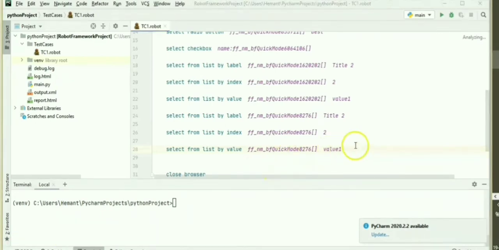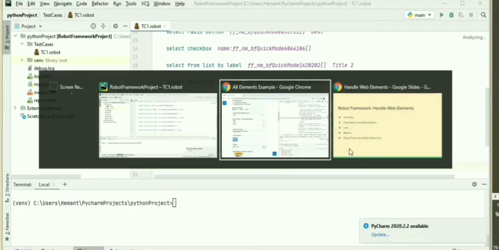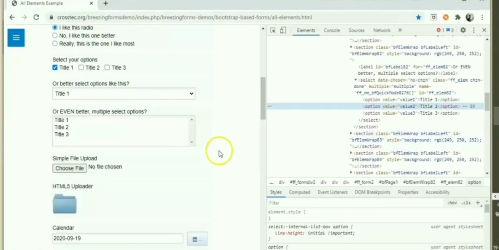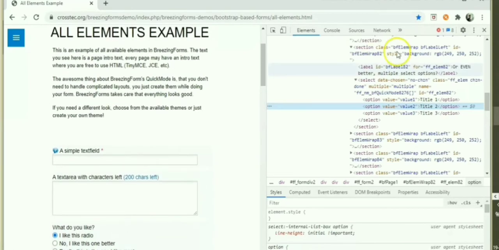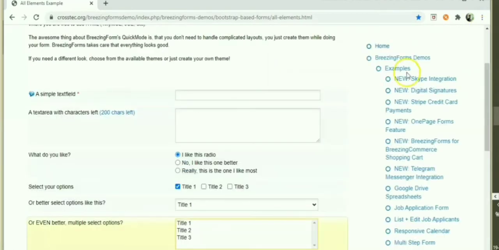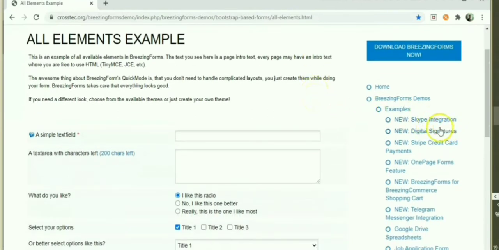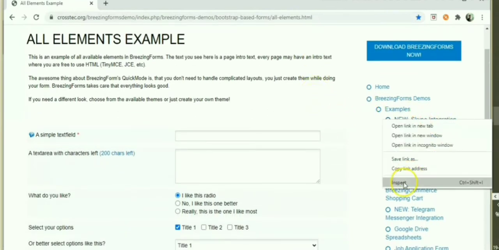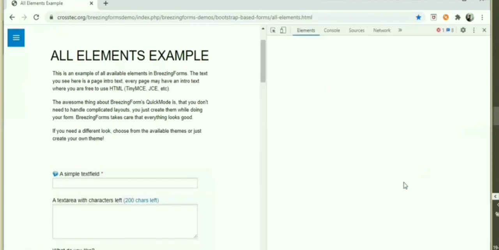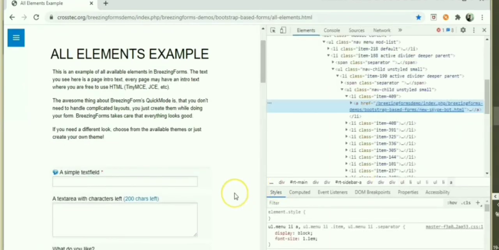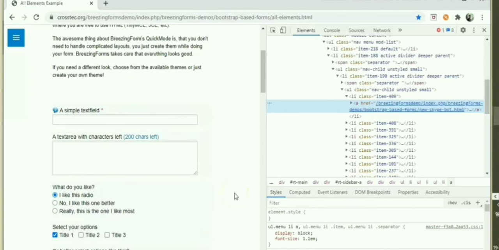So you can see I'm using these values, drop down and multi select, with the help of these. Okay, so we have handled all these things from here. Okay, so guys, let me use one link command so that we can handle the link. So now we can use the link text. Okay, so here this is our link text.